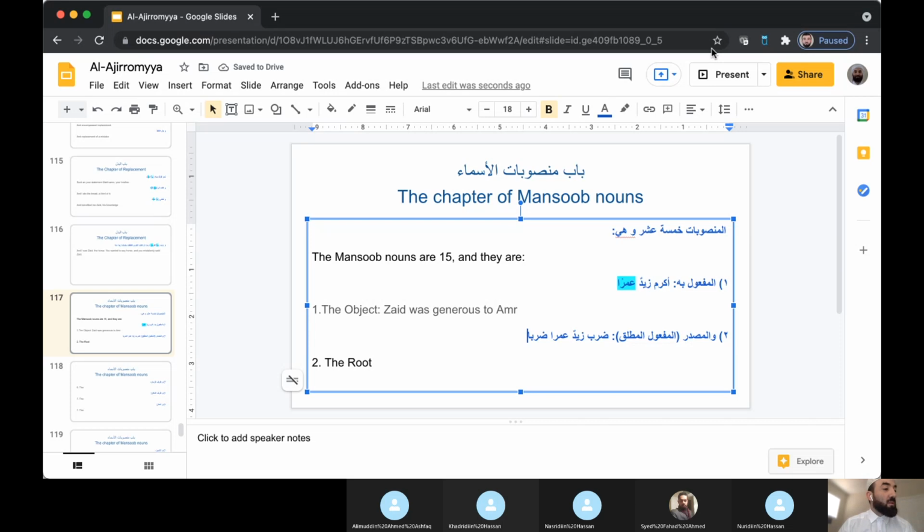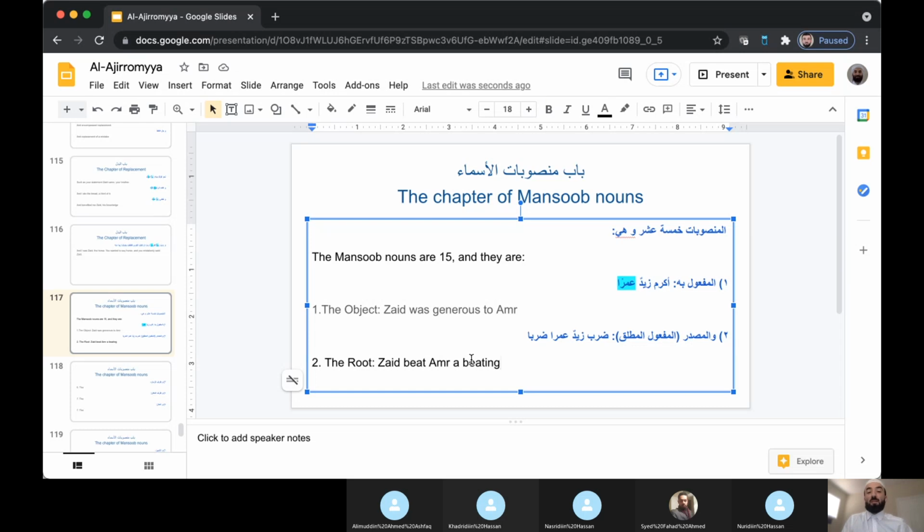ضرب زيد عمرا ضربا. And what basically this translates to is Zayd hit Amr, beat Amr, beating. Okay, so I know this may not make sense if we translate it word by word, but imagine if